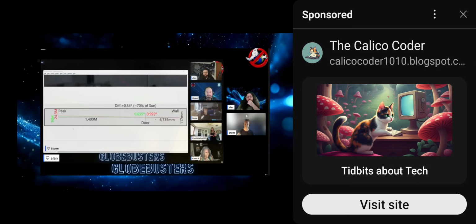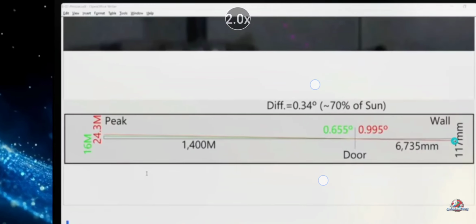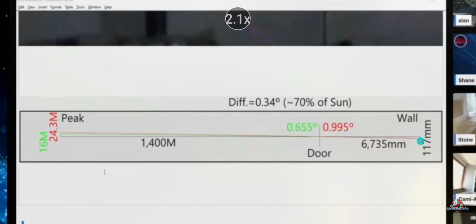So what you can do with the angular difference in measurement for prediction there, and the maximum height that it got to, and the distance from the window that cast the shadow, you can do a little trig there and get the angular elevation intersection for where the sun is angularly. So in doing this, when you take the difference in these two angles, you get 0.34 degrees, which is 70% of the angular size of the sun, which is 0.50 degrees in angular size. So the sun sets when it's like 70% visible.